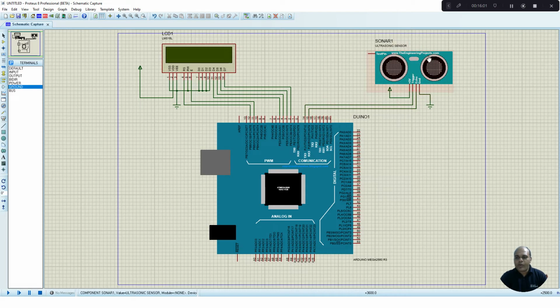So here in this module you can also find another pin called the test pin. This is available only in the simulation part. In the hardware you will find only these 4 pins: supply, ground, trigger and echo pins. The test pin is for the simulation, because in the simulation we can't place the object at a certain